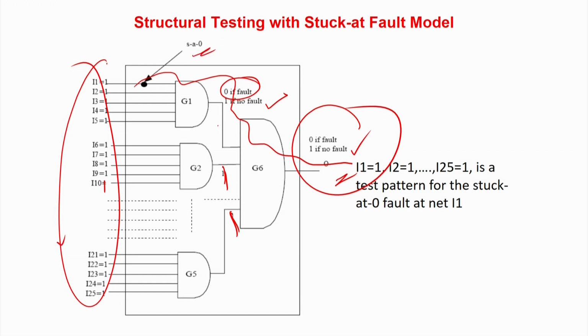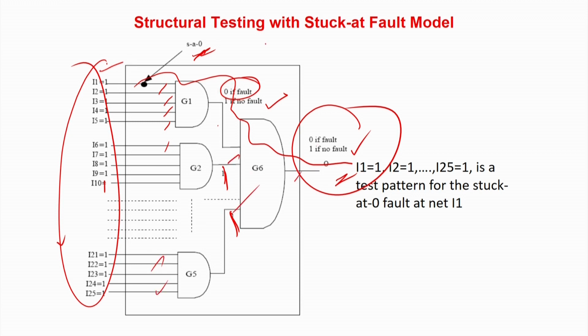This is done. Now, another interesting advantage of structural testing with a fault model comes. You can easily observe that this pattern not only tests the stuck-at 0 fault here, but it will test the stuck-at 0 fault here, here, here, here. All the lines will be ascertained not to have a stuck-at fault.